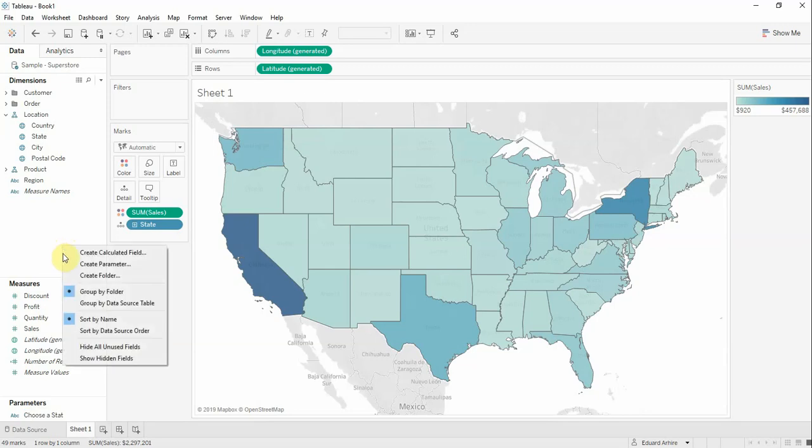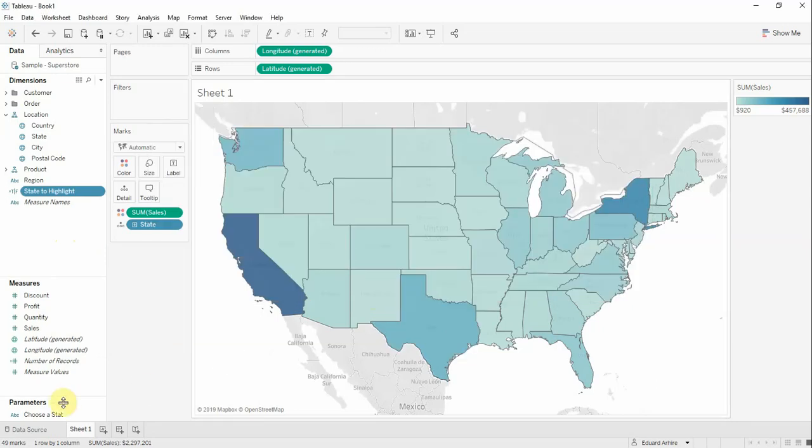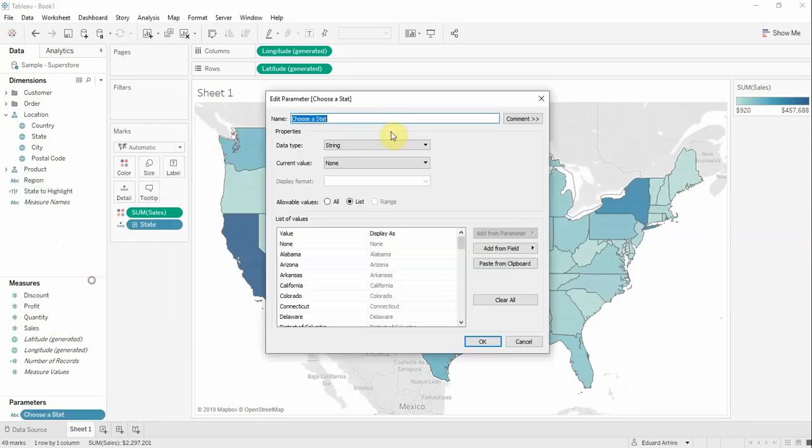Okay, now we're gonna create a calculated field, name state to highlight, and we're gonna write state equal choose a state. Apply. Okay, state edit state. Okay,